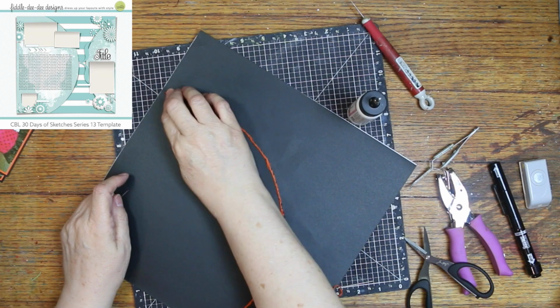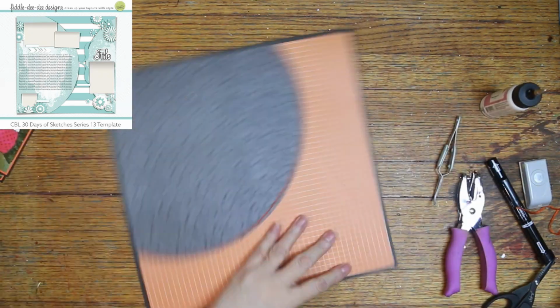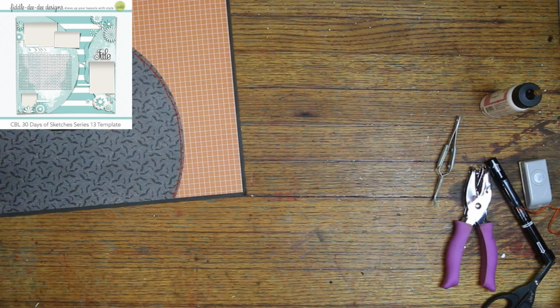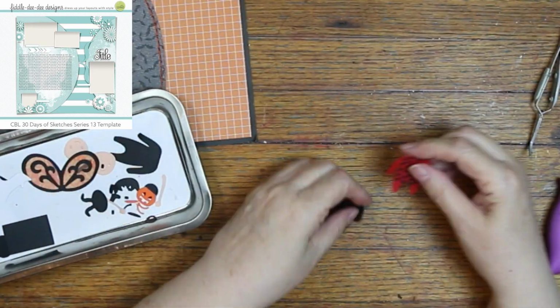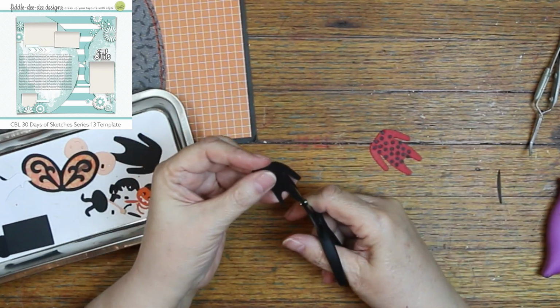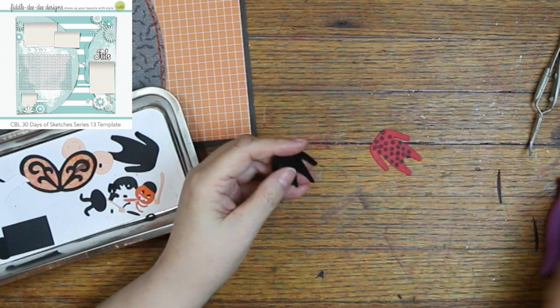I went ahead and was able to finish the layout. But it is hard to see on gray like that. As well, it might have helped if I hadn't had black paper underneath, but I did to make it a little bit sturdier. Oh, this is the Eekaboo die, and I cut two of the bodies,